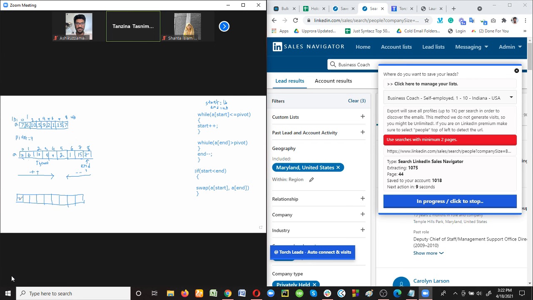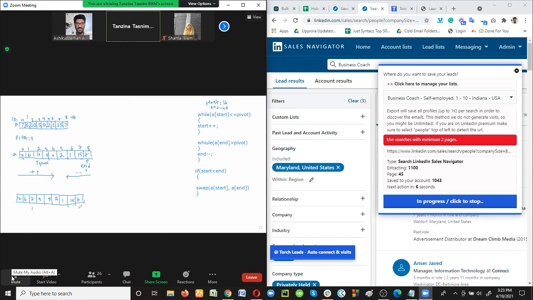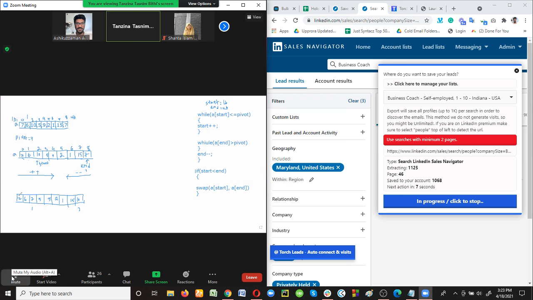This is our pivot element 7, then 6, and in this position we will store 7. This is the pointer start, or you can simply write I. Then 5, 9, 2, 1, 15, and here we'll store 10, and this is the value of the pointer j, and this 7 is our pivot.